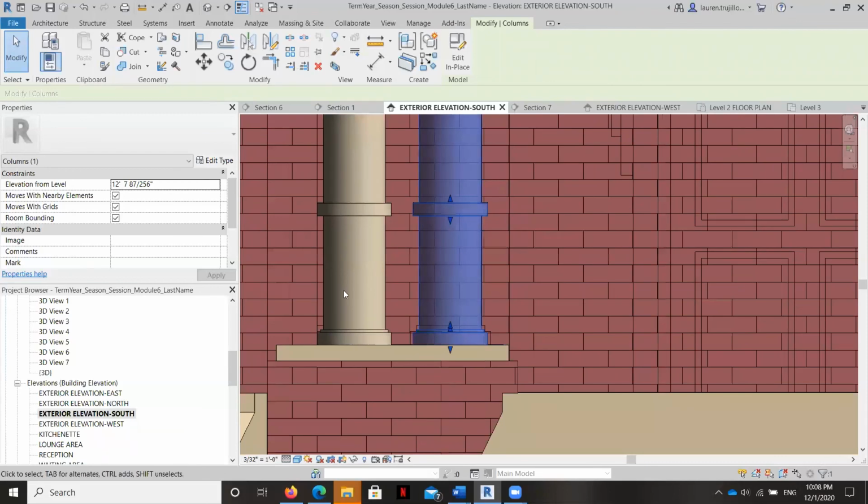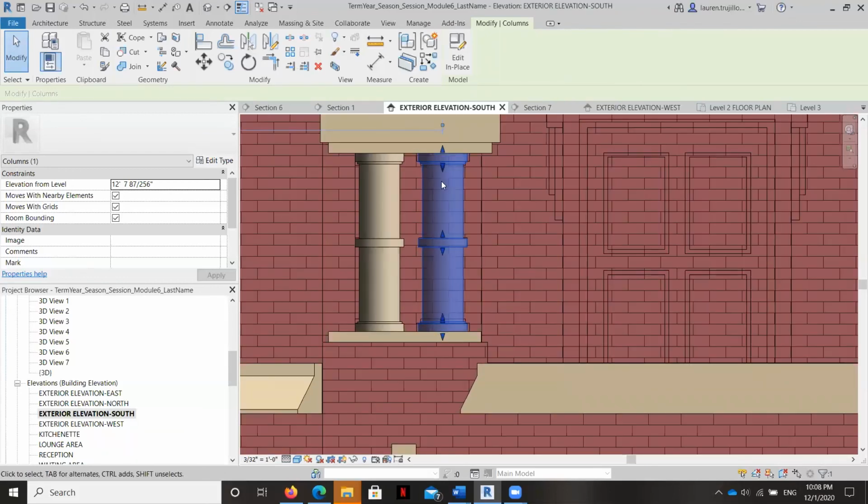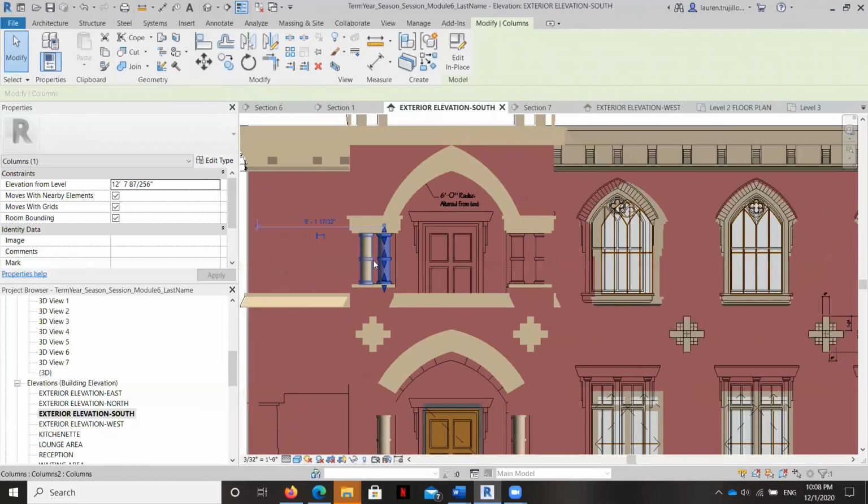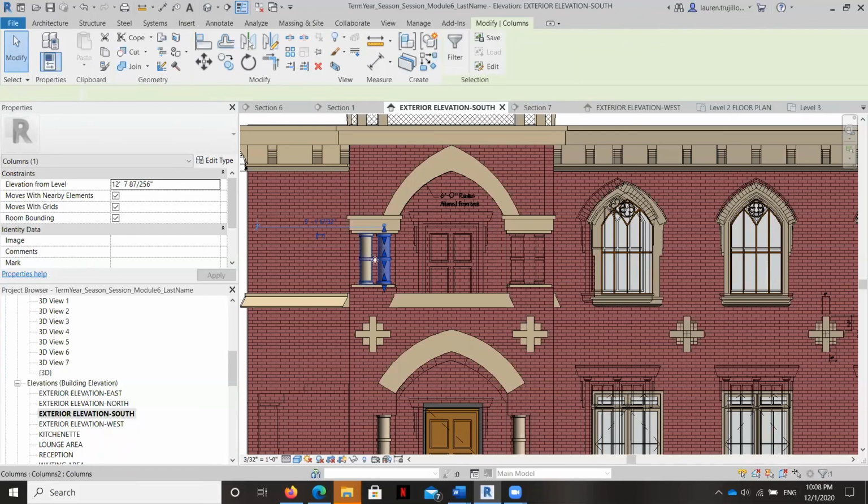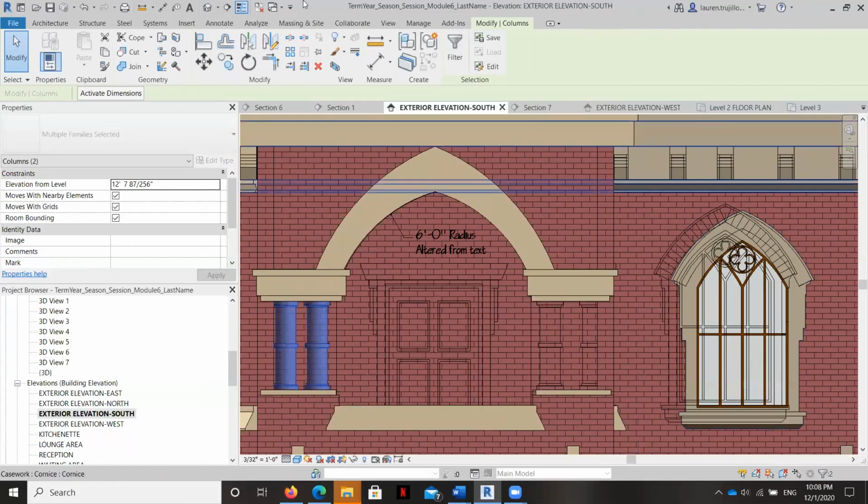So you can see here, even in the CAD file, the elevations for the columns aren't the same. All right, let's go ahead and mirror these. I'm going to grab them both and then draw a mirror line.